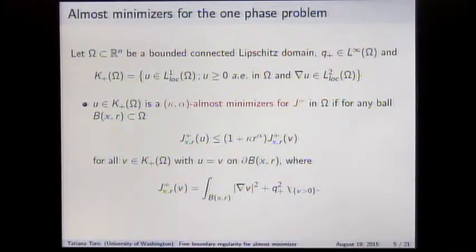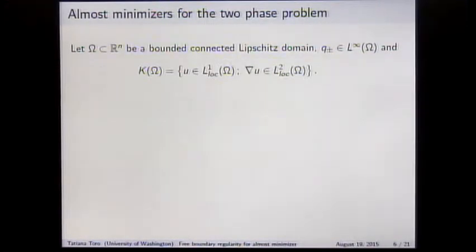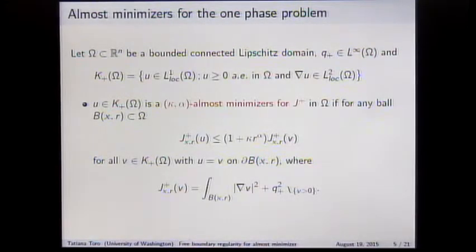So philosophically, when we started looking at these, and as I said in the last slide, I will tell you why we started looking at these, our expectation was that up to first order, we should obtain the same things that were obtained for minimizers. Philosophically, that was the reason. Why does this make sense philosophically? Because in some sense, when you zoom in, an almost minimizer, what you see is a minimizer. I'll make that more specific later.